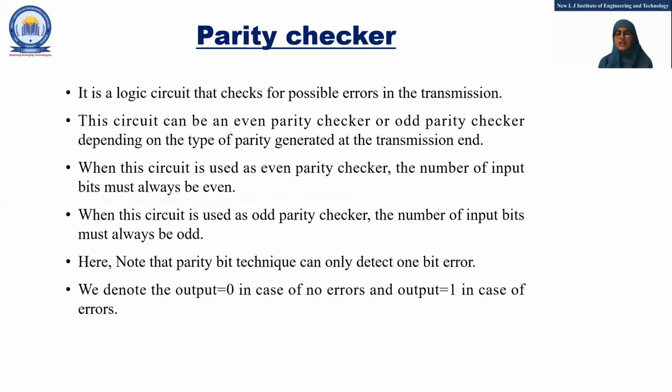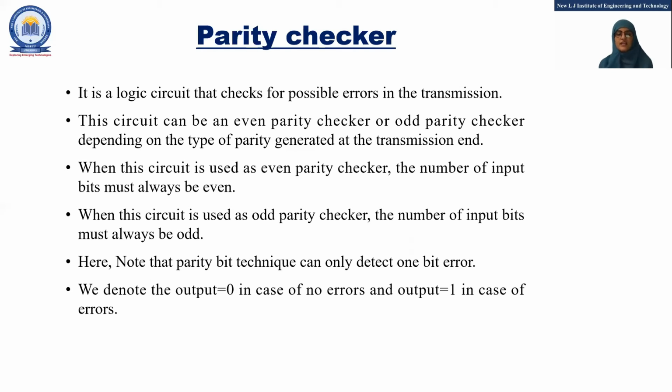So this is logic diagram of 3-bit odd parity generator. Next is parity checker. So as the name suggests, it will check the possible errors in the transmission. The parity checker will be at the receiver end. So the total message, which was X, Y, Z and P, will be transmitted to the receiver. At the receiver end, the parity checker will check whether there are errors or not.